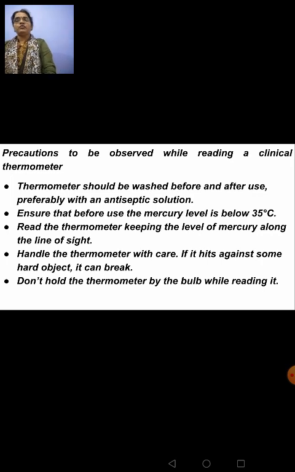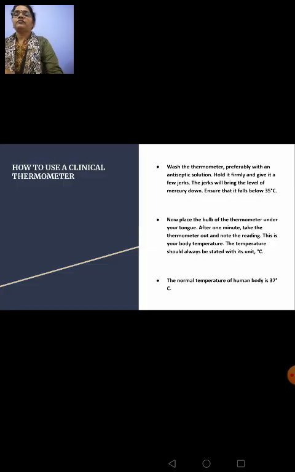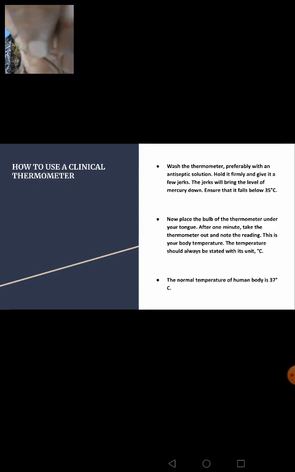Handle the thermometer with care. Ensure that it does not get hit against any hard objects, because it may break. And you should never hold the bulb of the thermometer to note down the reading. You should hold the other end. Don't hold the thermometer by the bulb while reading it. Next, how to use a clinical thermometer. As I told you just now,